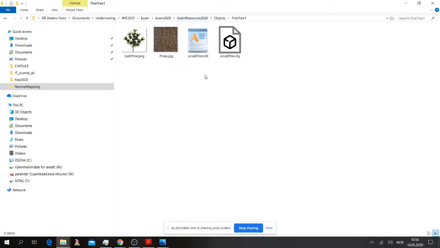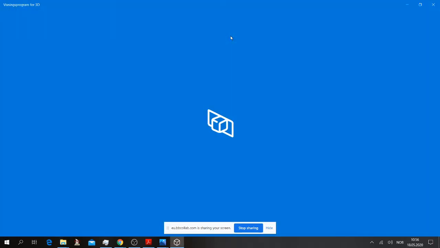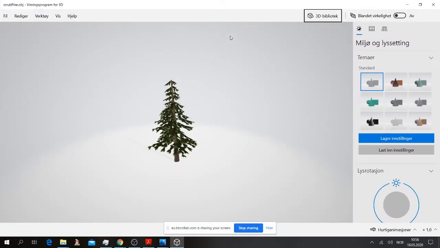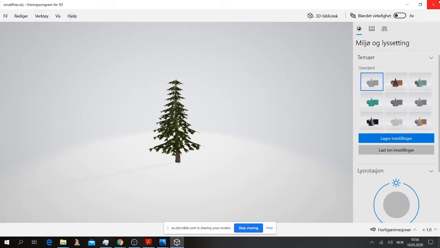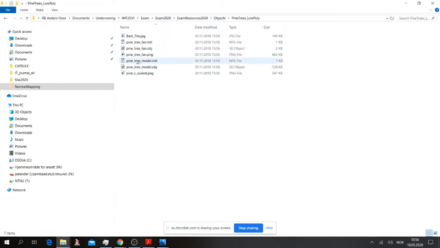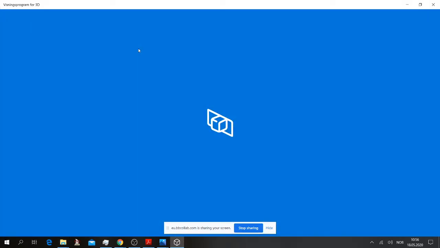You have one here that is a bit more detailed. Let me see. Yeah, so this one is one tree. You have some very simple ones also, like a tree fan, which basically consists of just a few simple quads.